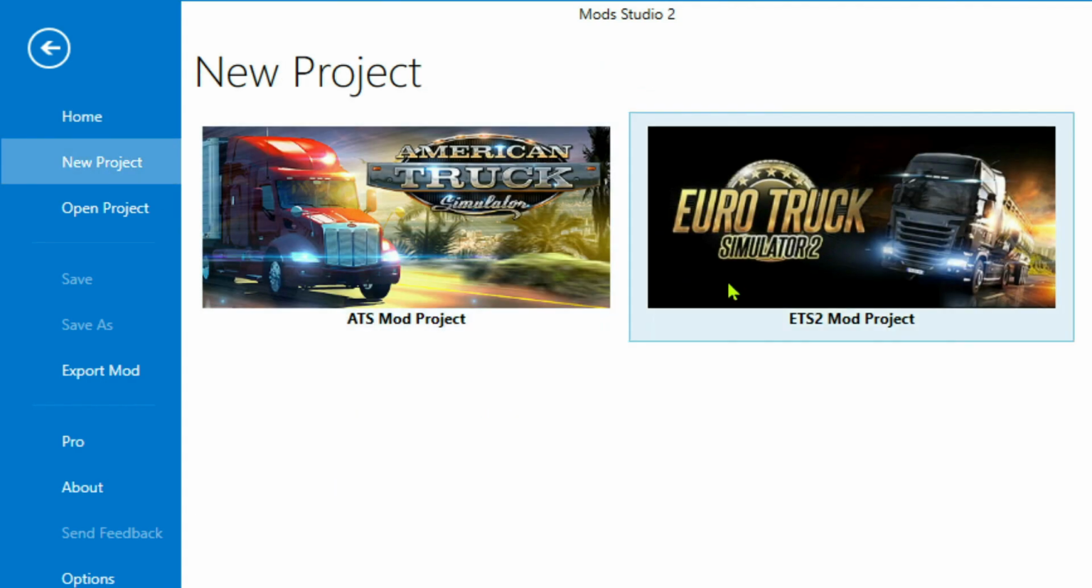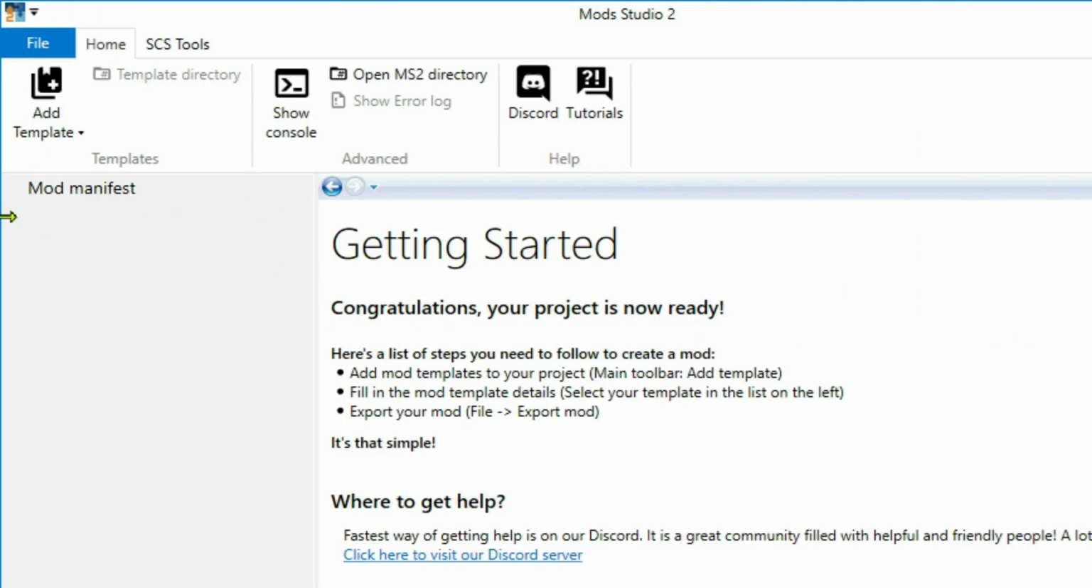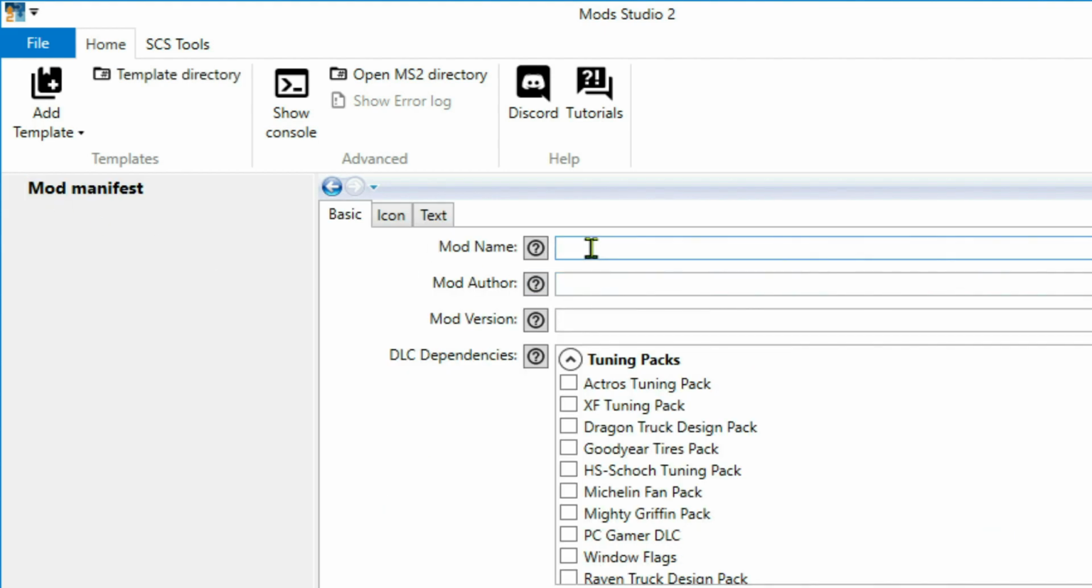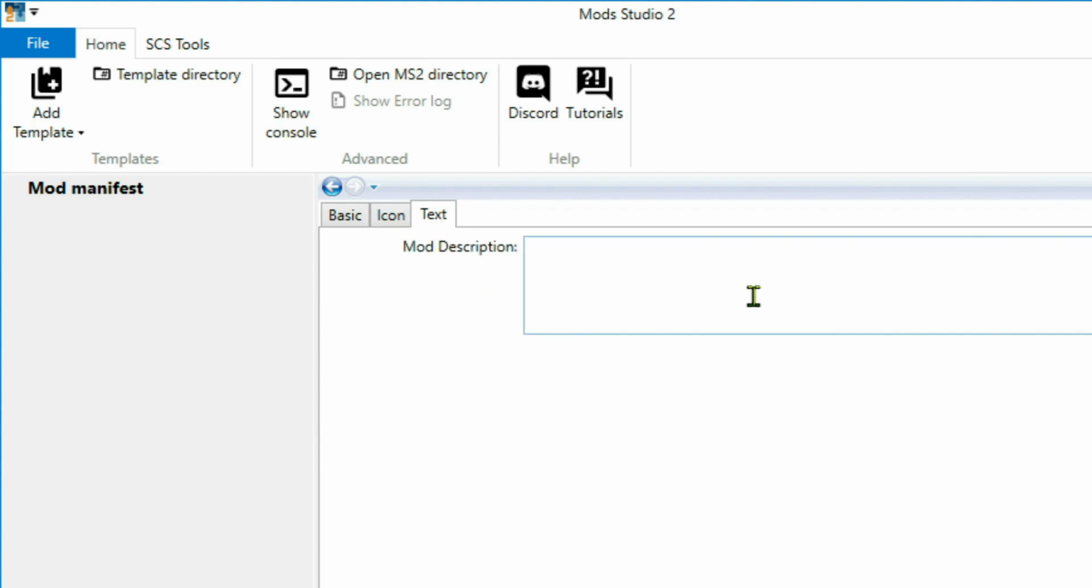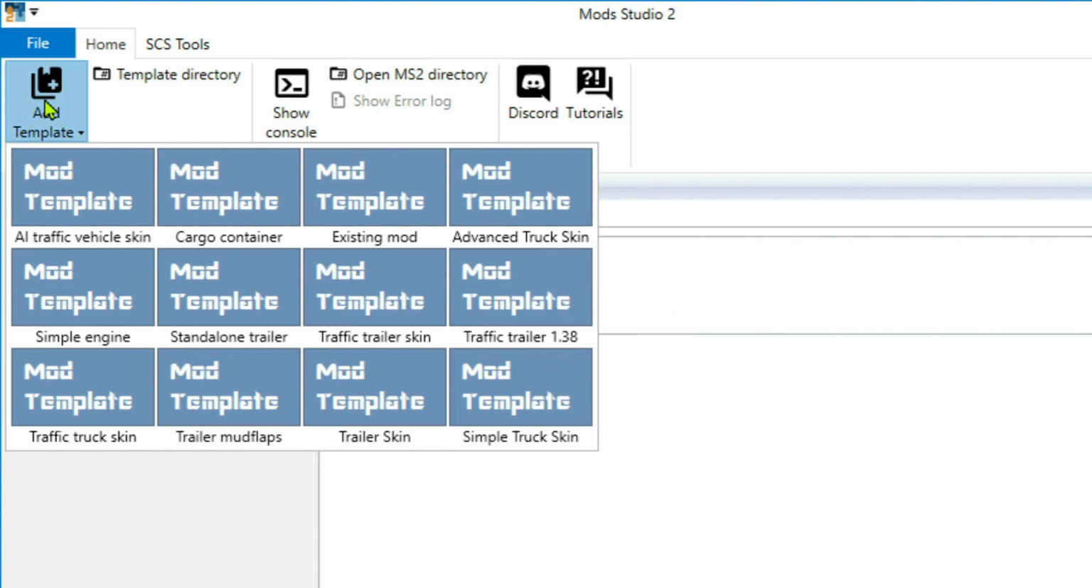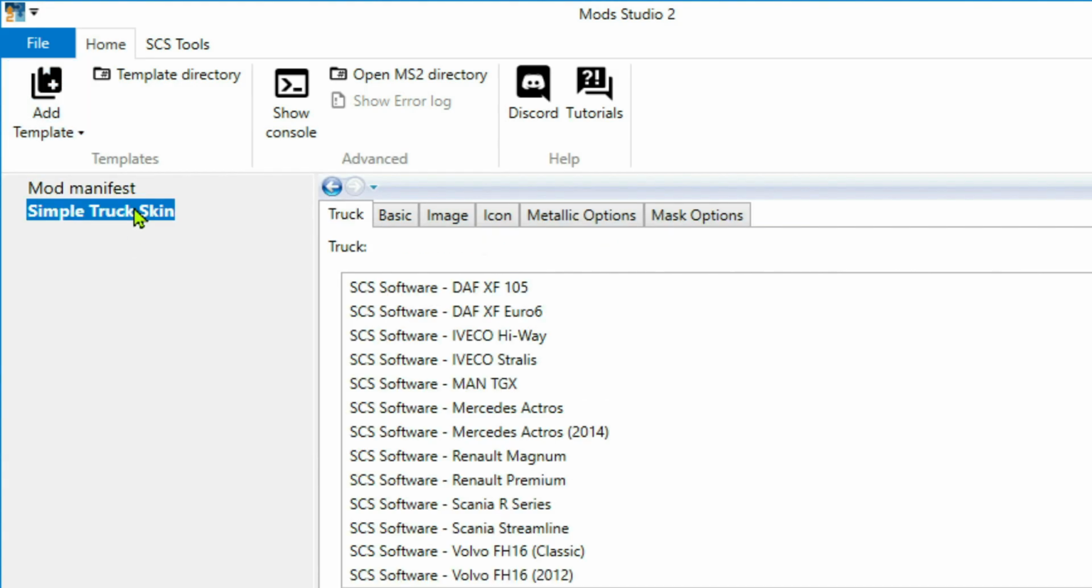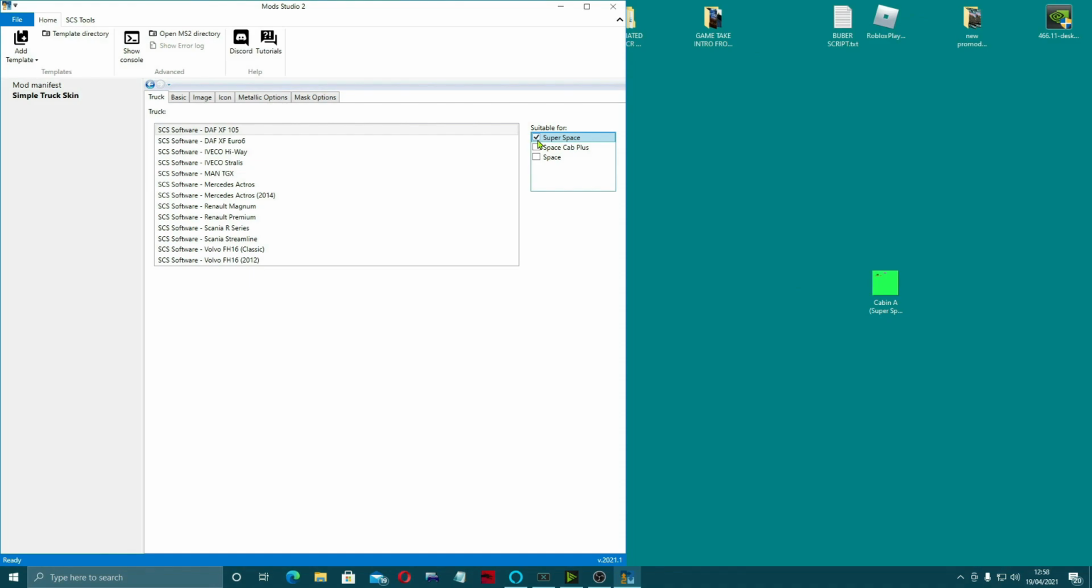Right, new project, ETS. Okay, mod manifest, mod name, test 3D GT. I'm doing this as fast as I can. Mod version 1.0. There's no dependencies. There's a paint job, no compatible versions. Icon, we're gonna use the default. Text, not gonna bother. Add a template, simple truck skin, double click on that, DAF XF105, click the super space,